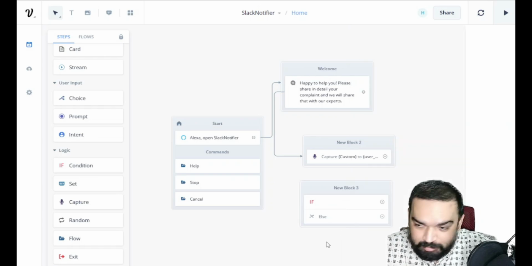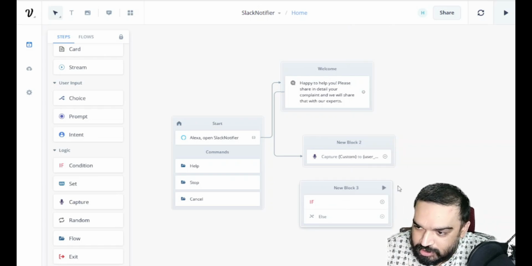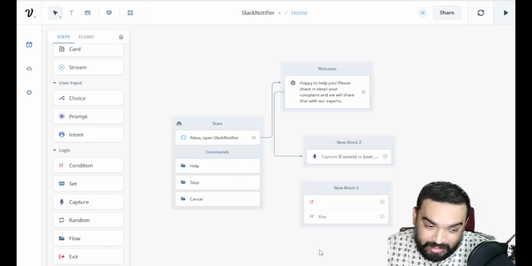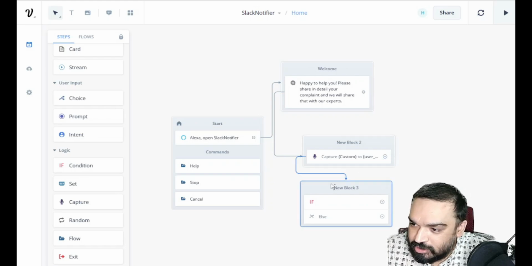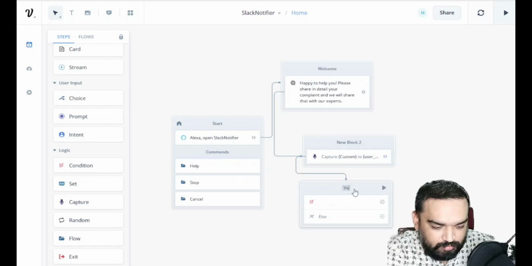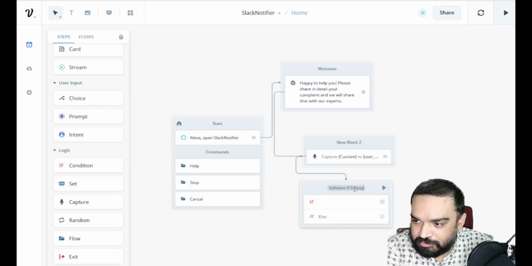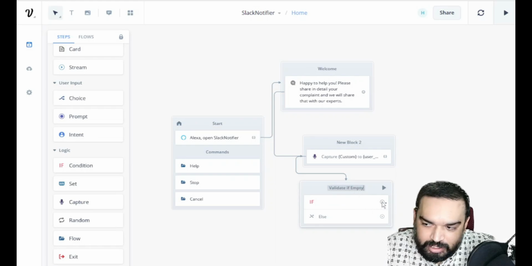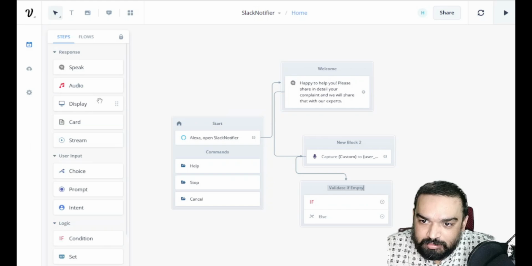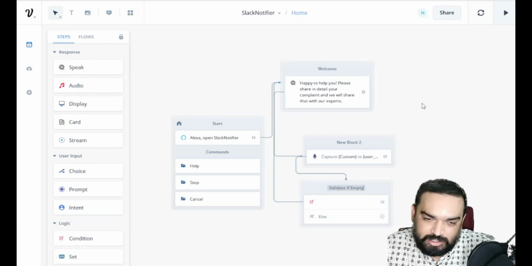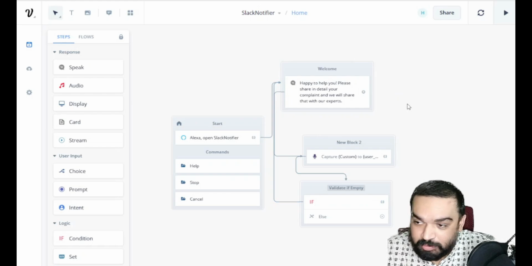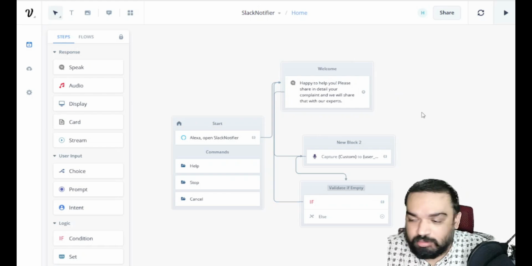If this is empty, you can say a message, otherwise you can send what the user said to Slack directly, right? So I'm going to link this directly to this block and call it validate if empty. If this is empty, we'll just say a message, or we can simply send the user back to the first message itself, so that Alexa will repeat, just give us your problem, right?